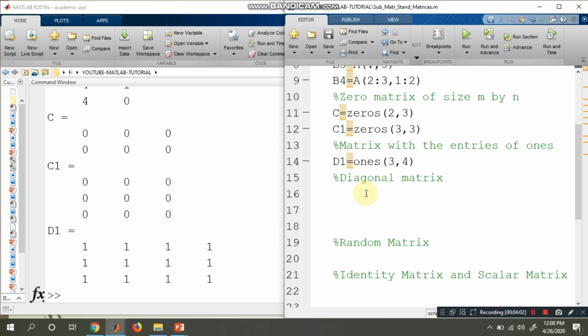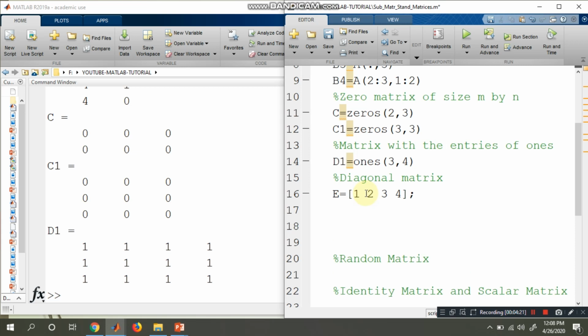Now, how do you generate a diagonal matrix? We know that the diagonal entries are non-zero. So first I will take E equal to 1, 2, 3, 4. These are the diagonal entries of the diagonal matrix. Now I would like to generate the diagonal matrix.